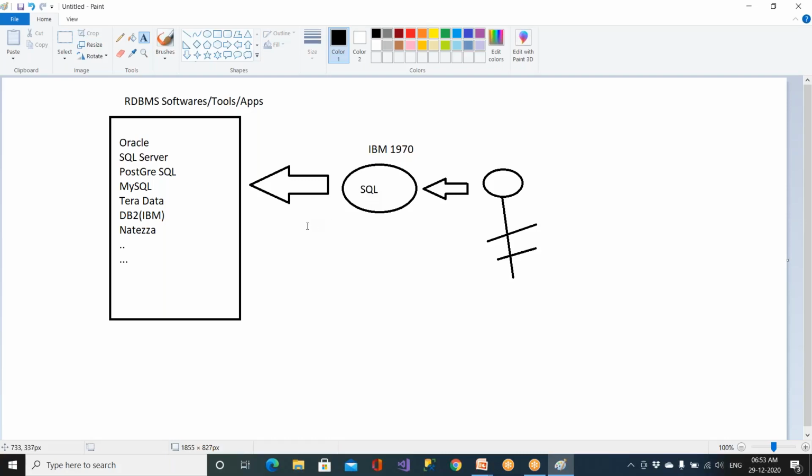I told you already, SQL and SQL Server is not the same. SQL is a language. SQL Server is software. Clear? So that is what you need to understand. Clear? And